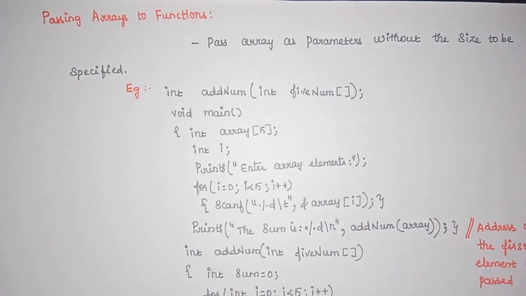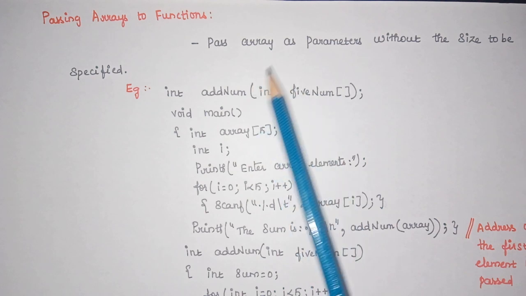So in the previous videos we discussed parameter passing, like passing values and passing the address, right? And here we are going to discuss passing arrays to functions. That is, we are going to pass arrays as parameters to functions. How we can pass arrays to a function, how it works, and how we can access the elements of arrays. If you are passing the entire array as a parameter, how we can access the elements present inside the array. That is what we are going to discuss here.